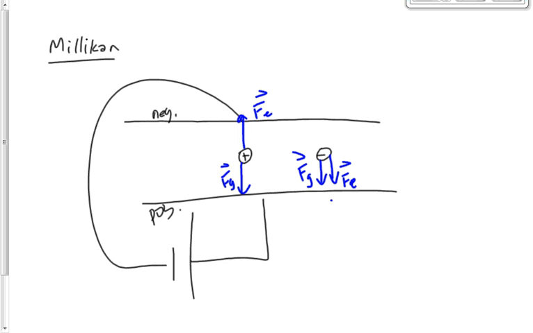Now, clearly, this one's going to accelerate, and it's going to accelerate downward. Not only is it going to move downward, it's going to speed up downward. The one on the left, the positive particle, it may accelerate upward if Fe is bigger. It may accelerate downward if Fg is bigger. Or it may be suspended or travel at a constant speed, up or down. Let's focus on this particle right now, traveling at a constant speed. For that particle at a constant speed or suspended,